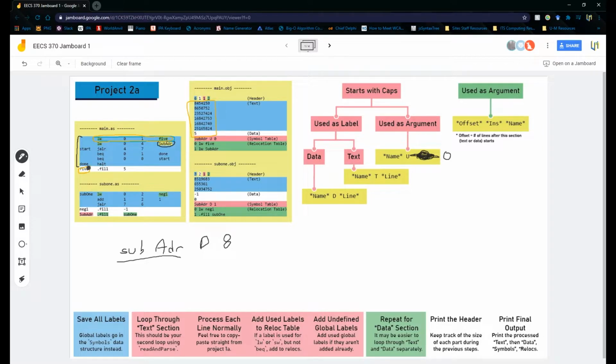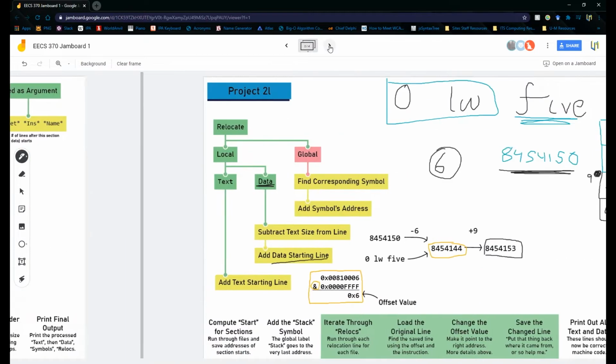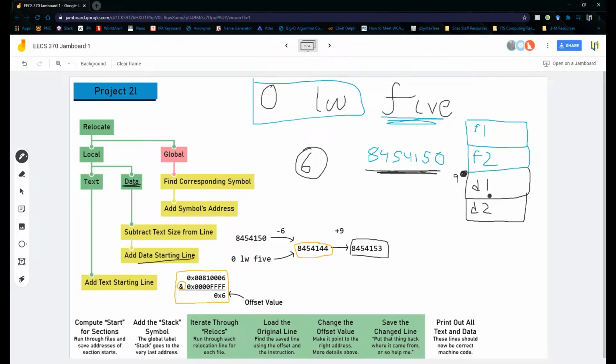So these 6 lines, and then you were on line 6. So you added that to your final result, and that gave you your number as you did in 1A. But in order to get your data starting line, you're actually adding those 6 lines again. They're right here. So in order to make sure you don't add them twice, you're just going to subtract them once. All right, so you're basically just calculating a new offset value because you're